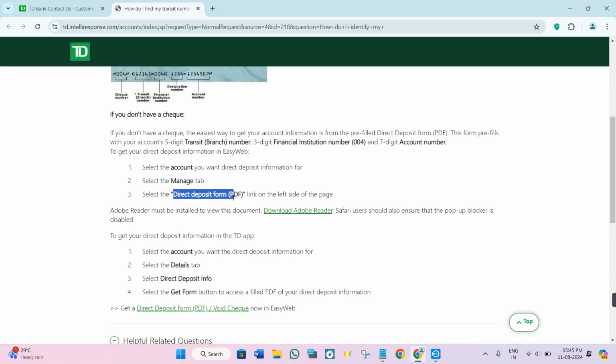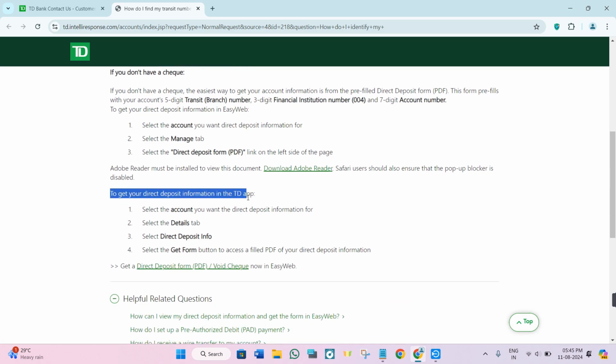Then select the direct deposit form PDF link on the left side of the page. Adobe Reader must be installed to view this document, so Safari users should also ensure that the pop-up blocker is disabled. So to get the direct deposit information in the TD Bank application, you just have to simply log in